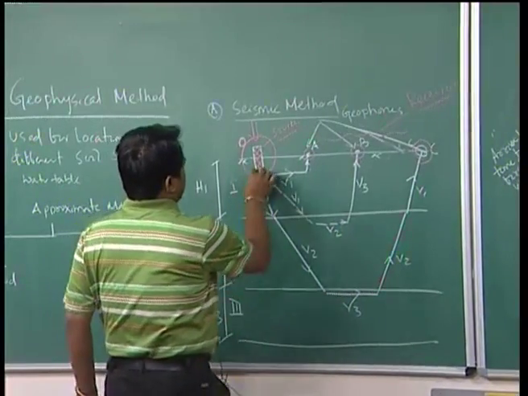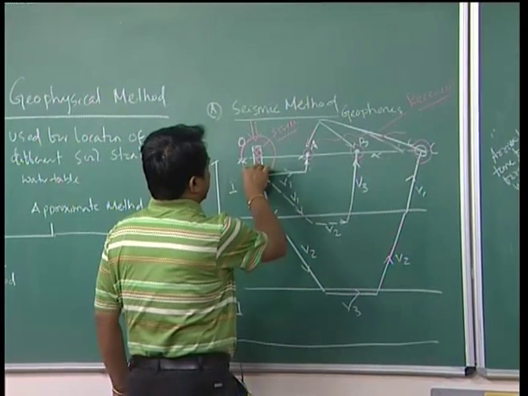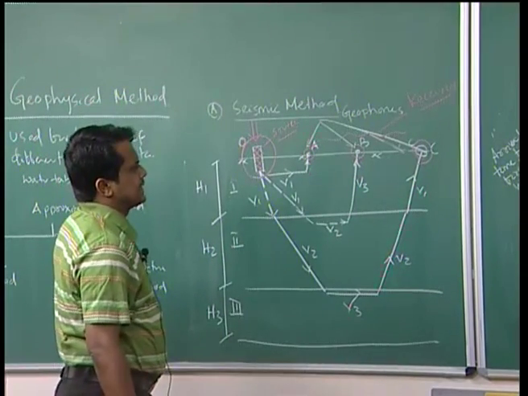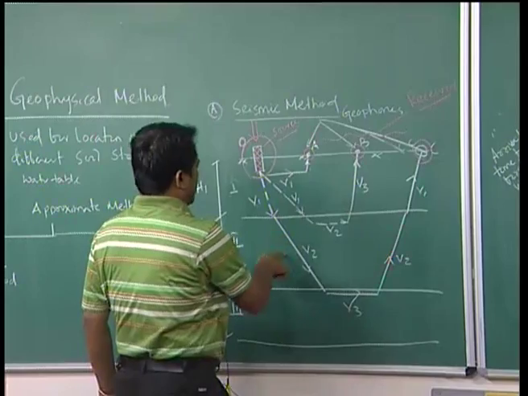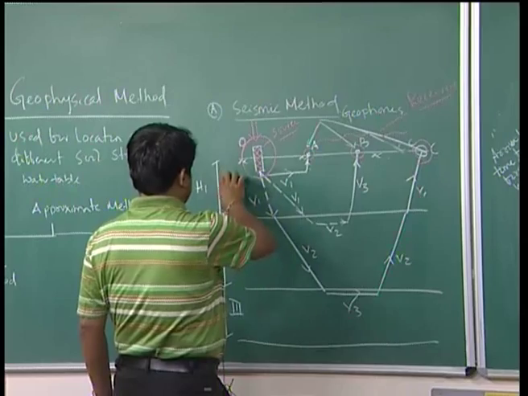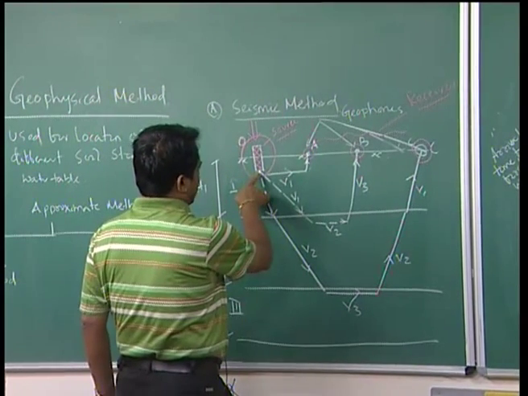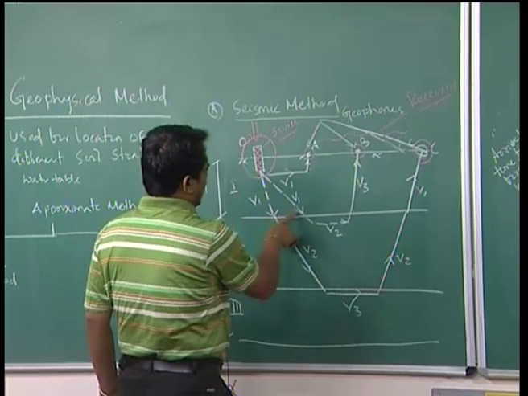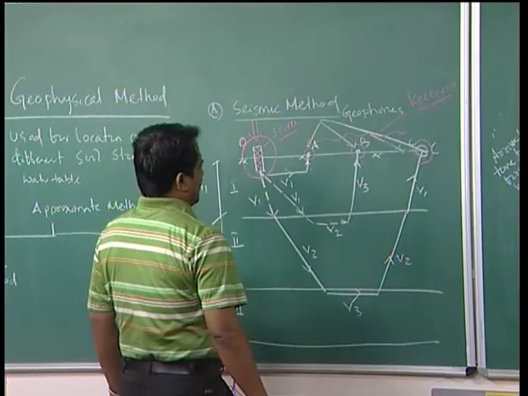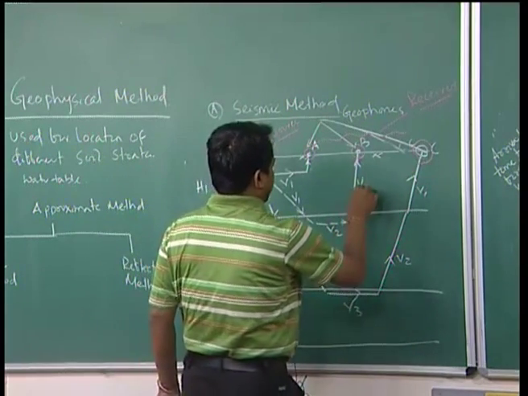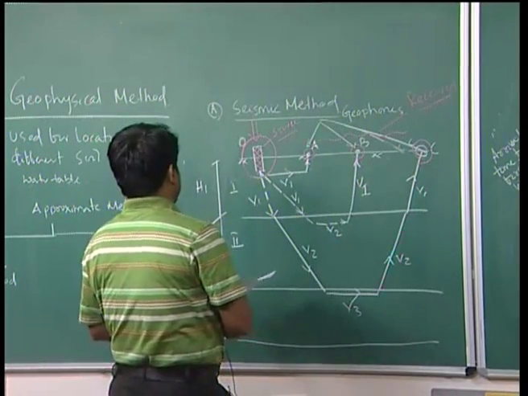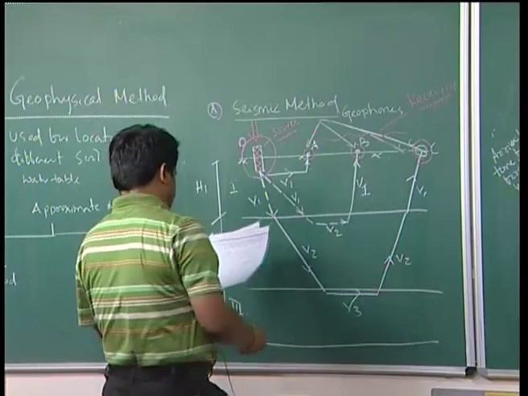If you look from here to here, it is your direct wave that you are receiving by means of a geophone at a distance x1. It comes first. Now come to layer 2, that means in this case only h1, in this case h1 and h2. What is the travelling distance? This is V1, V2 and V3. The wave travels with V1 plus V2 over a distance h1 plus h2.